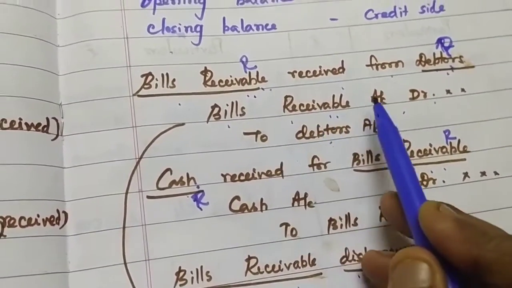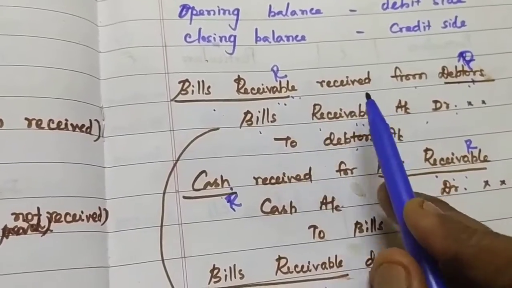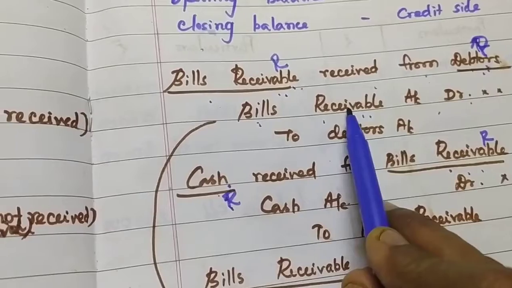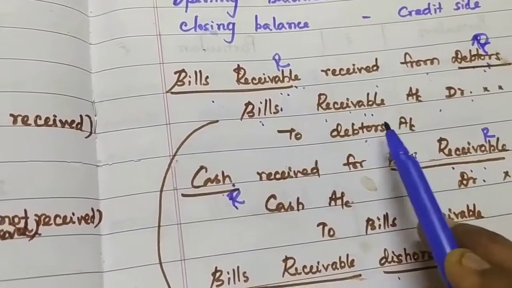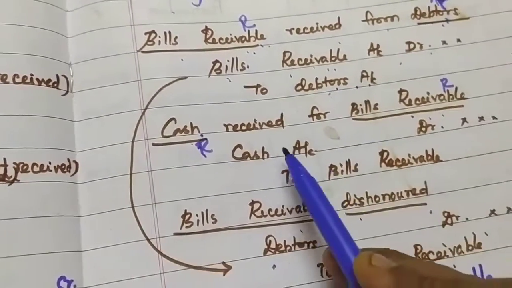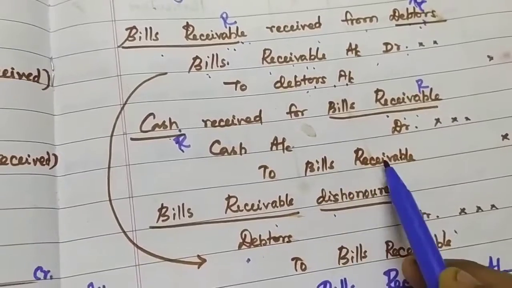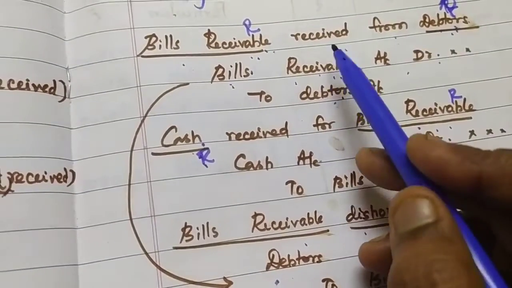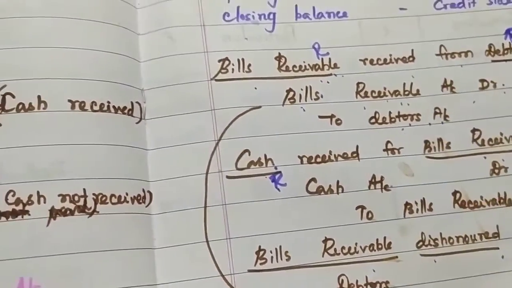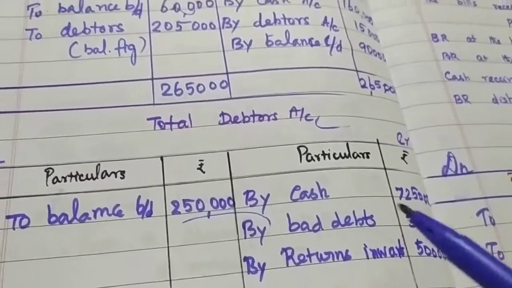So bills receivable account debtor to debtors. Already we have seen this journal. If you post this, definitely bills receivable will come in the bills receivable account and debtors will come in the debtors account. Is it not? If you look at this transaction, only bills receivable is there. So the bills receivable account we can write. But here we are preparing both the accounts. Bills receivable also we are preparing, debtors account also we are preparing. So definitely this transaction will come in the debtors account.